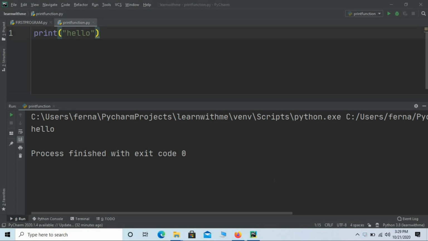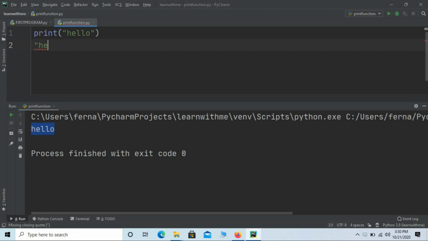We know that when we use a print statement with either double quotes, single quotes or triple quotes, the output will be displayed this way. Now say I want my output, say hello, to be displayed within the double quotes. If you see the output here, I don't have the single quotes or double quotes or anything, but say I want my output to be displayed this way within double quotes. So how can I do it?